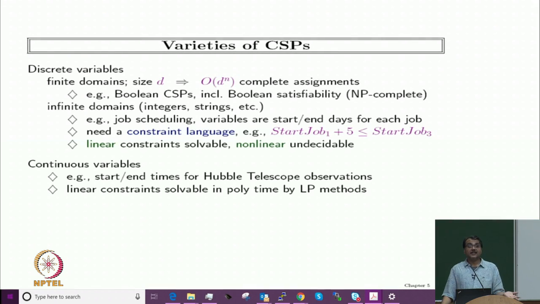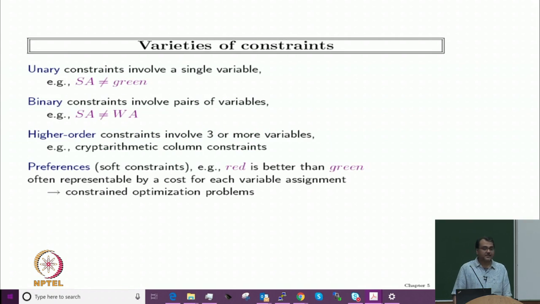D to the n, right? The first variable can take d values, the second variable can take d values, the nth variable can take d values. So, we will have d to the power n complete assignments. If we could enumerate all the d to the power n assignments, then of course, we will be able to solve our problem really well, but of course, that is not possible